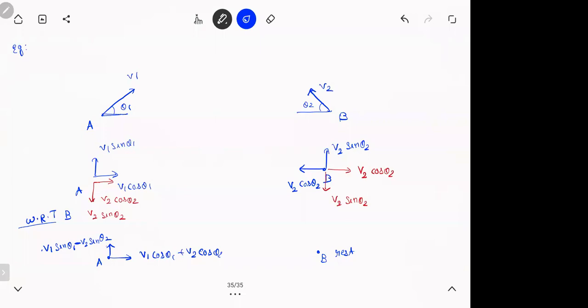After that, what to do, we will see. So if the velocities are not on the same line, you take the i component, j component, and subtract the i and j component of the observer from everyone. This is the method. So put it down, have a look at this. Ask me if there's any doubt on this part.